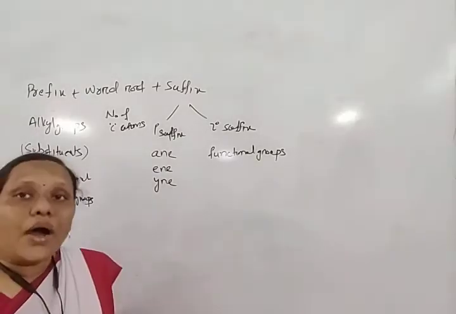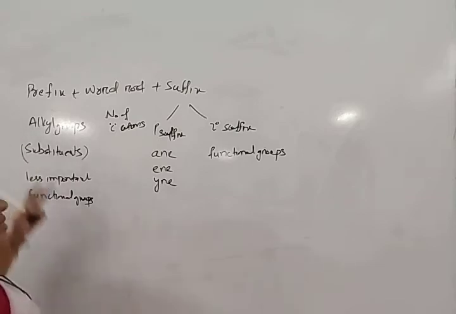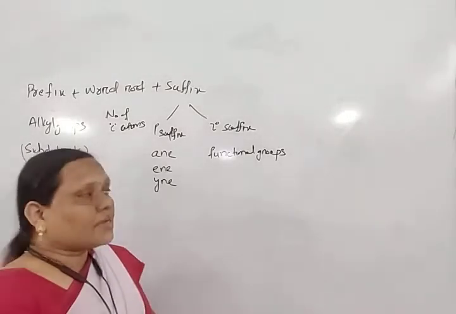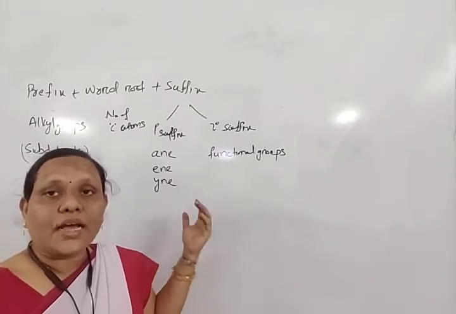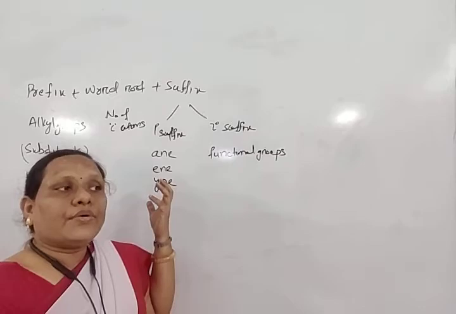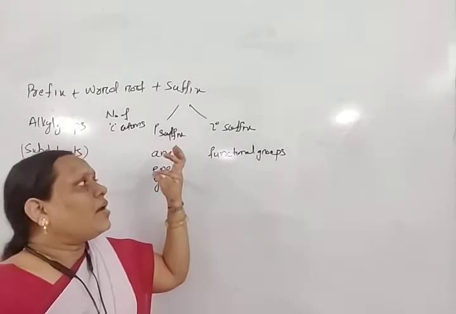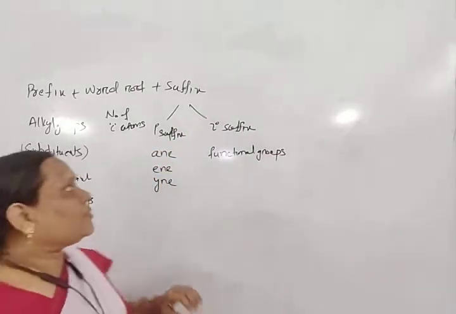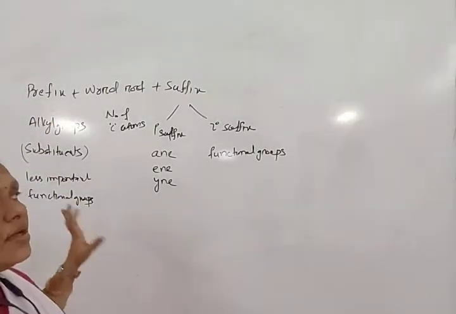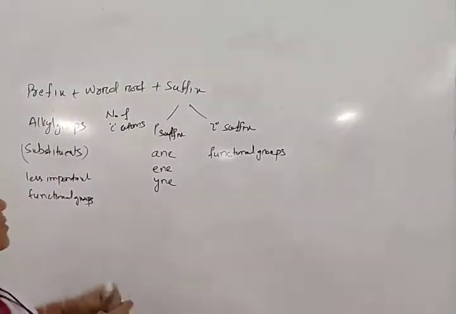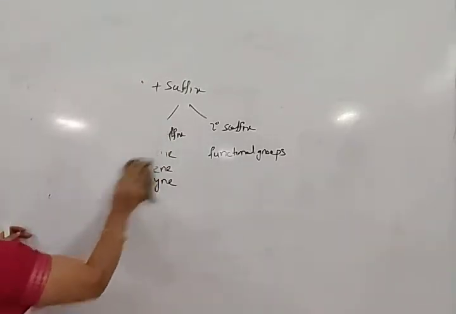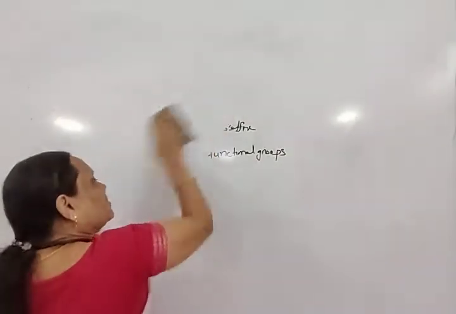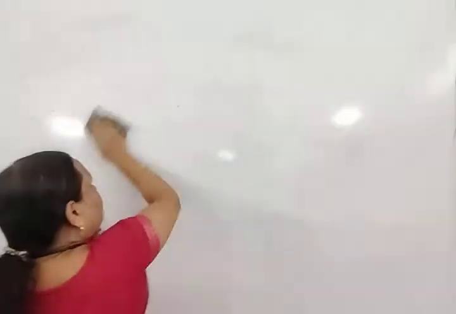Next we come to how to name these prefixes and substituents. And what are the functional groups? Already I have told you: alcohol, aldehyde, ketone, carboxylic acids, amides, amines, and esters. So these are the different types of functional groups. And what are the prefixes? I have already told you: halogens, the nitro group. If halogens or the nitro group are present, then generally a prefix is used. Okay.